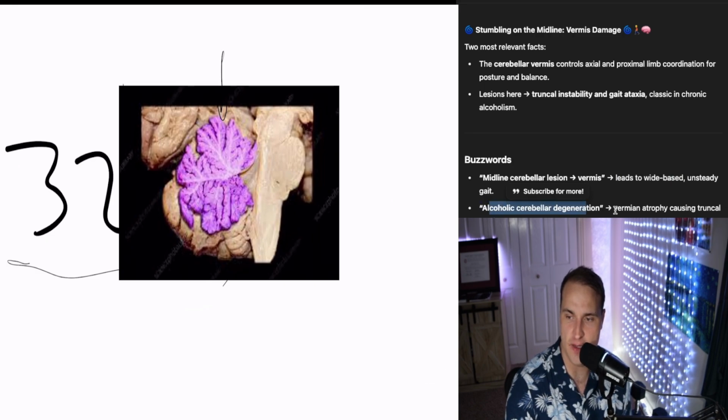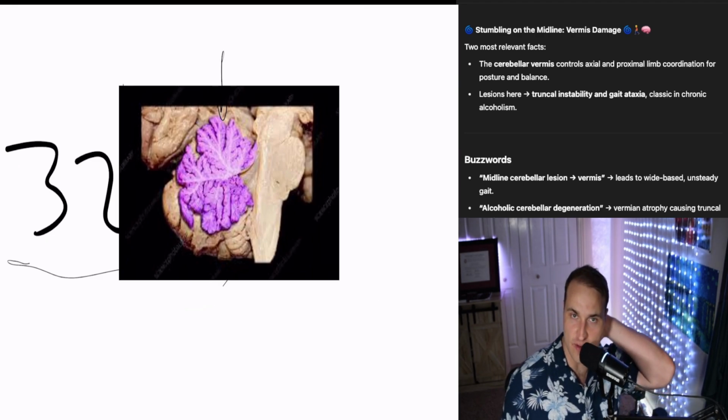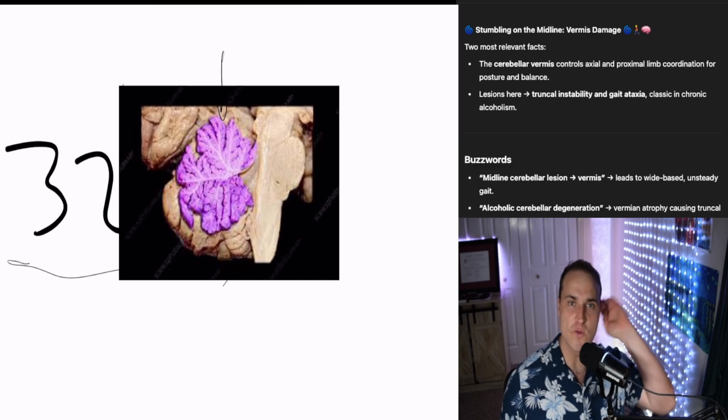Alcoholic cerebellar degeneration would cause truncal ataxia. So chronic alcoholism can literally shrink part of your cerebellum. And when the cerebellar vermis wastes away, then the patients lose their ability to control their posture and balance. The vermis sits on the midline of the cerebellum and it directs the trunk and the proximal limb muscles. Damage there does not mess up your finger to nose test, but it does make you sway and stumble when